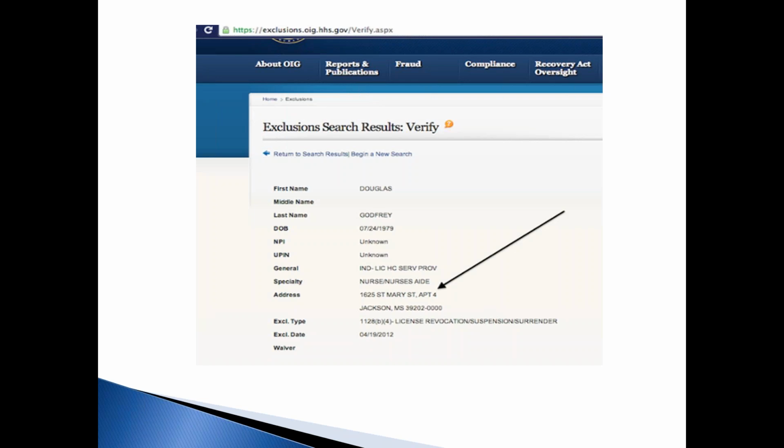You're required to go to the list. You're going to put your name. If your name does not appear, it will say, cannot find name on list. Print out that document and either scan it into your Medicare and Policy Procedure Manual if you have it digitally, or if you have a nice 3-ring binder, print out that page and insert that into your Policy and Procedure Manual. And you're going to do this for all staff members too,